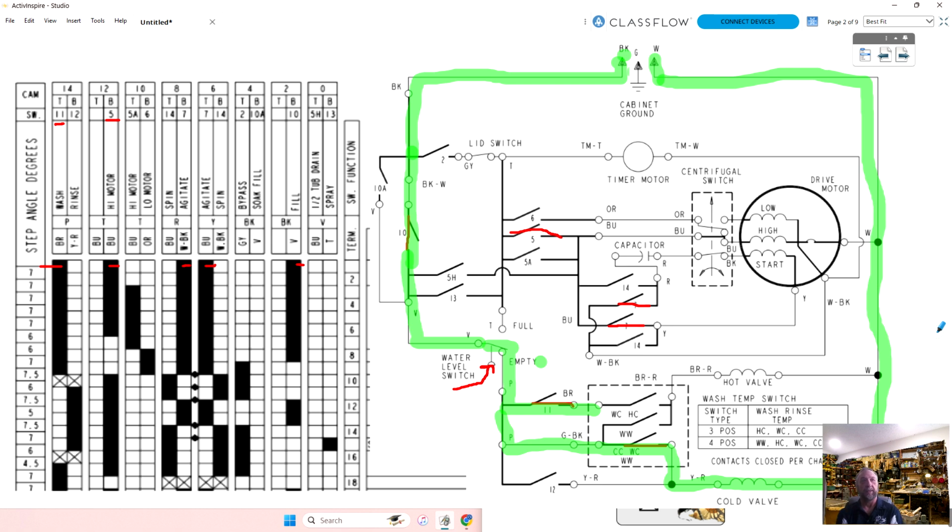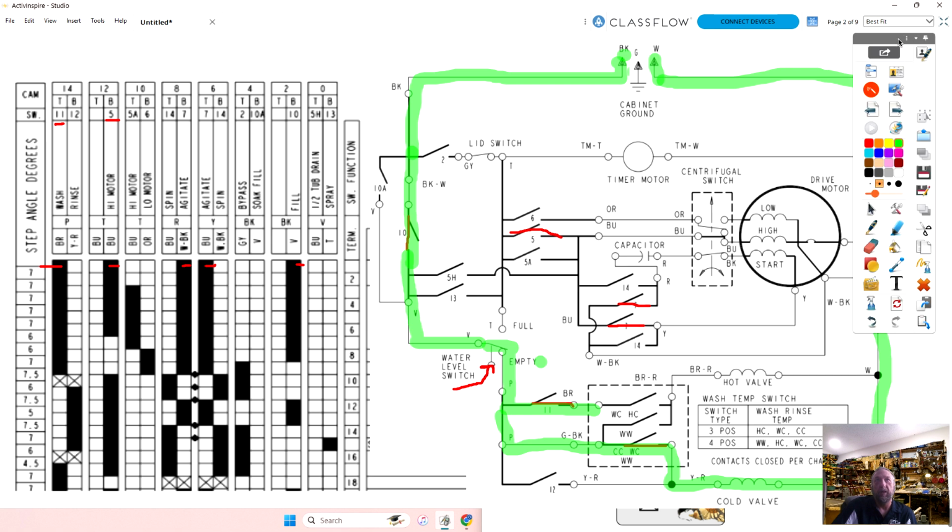But you all are living in different parts of the country, so have you ever been to someone's house that's on well water, and the water pressure is super low? I've been there, and it could take 15 minutes for that washer just to fill up with water. Why? Because the water pressure is so low. If it takes 15 minutes for this washer to fill up, take a look at this.